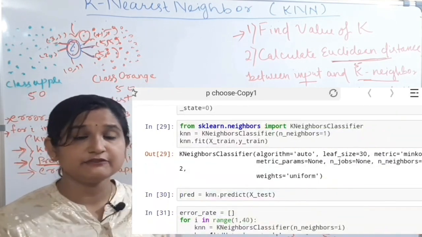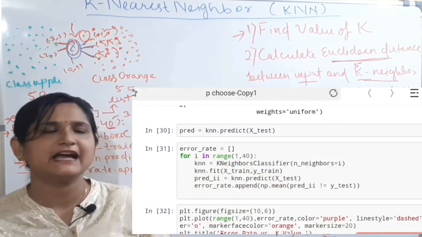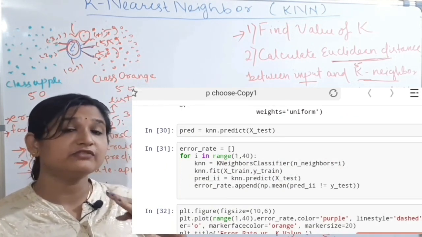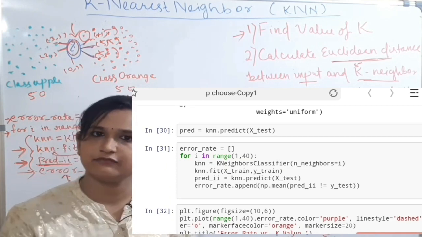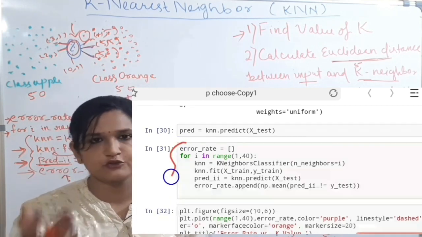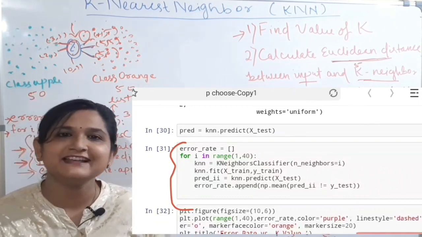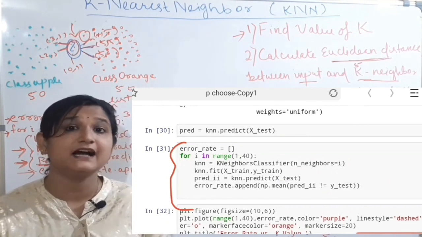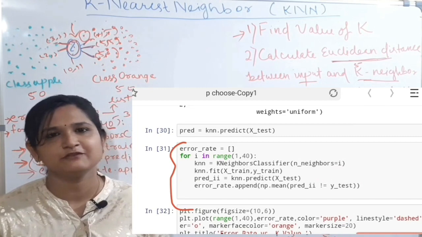After that, next is if you want to go for choosing your optimal k value. Here I have taken k equal to 1 first. But if I want an optimal k value, then the next step is to write the chunk of code to choose an optimal k value, which I already explained. After writing the lines of code for choosing the optimal k value, if you want to see the output in the form of a graph, you have to write some more code.